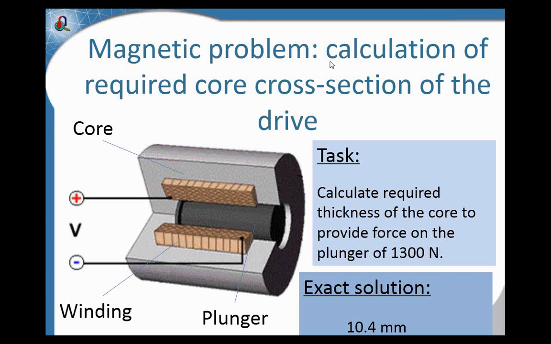Now let's study another example, a magnetic problem. You can see the device. It's a gear with a winding, core, and a plunger. When you turn on the current, this plunger will